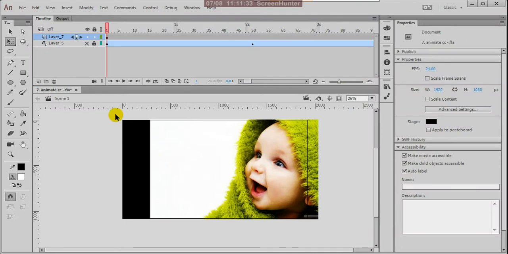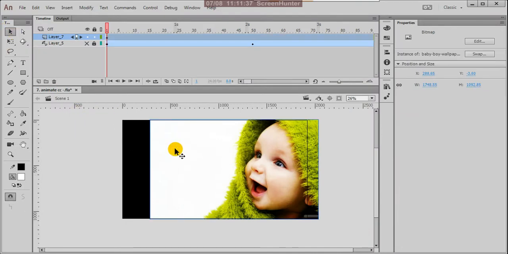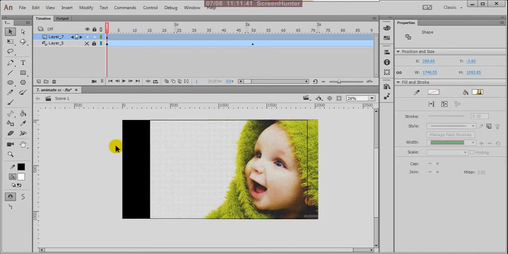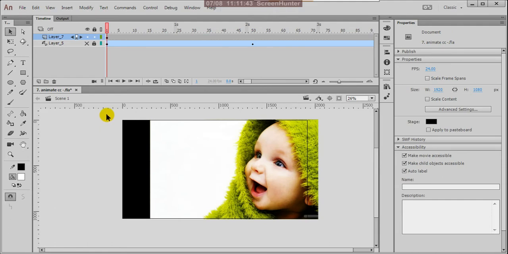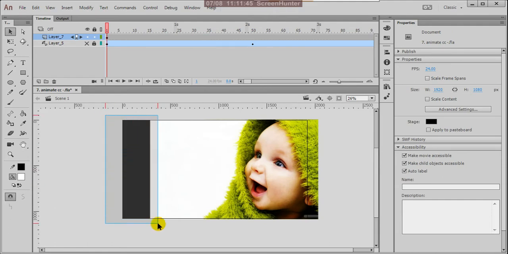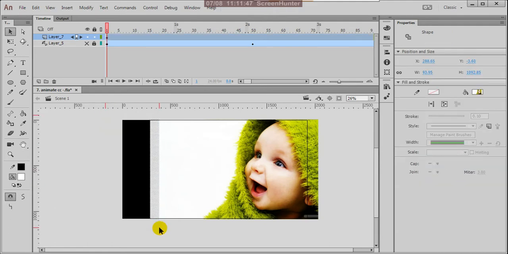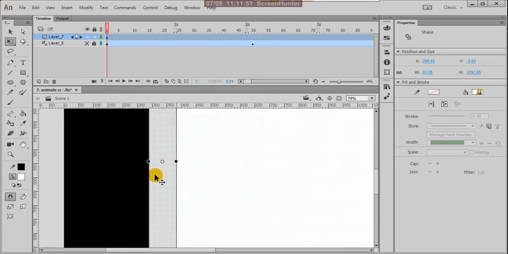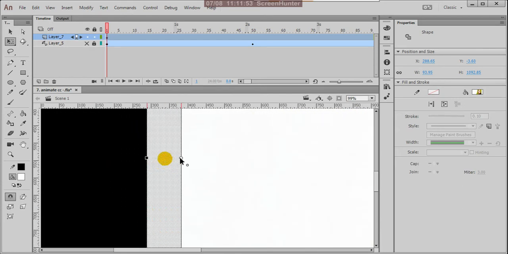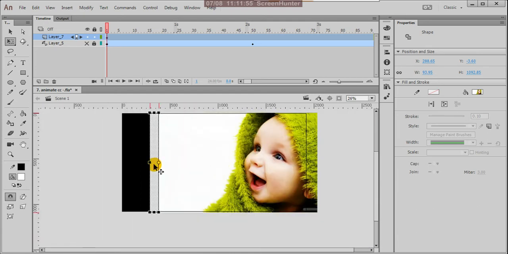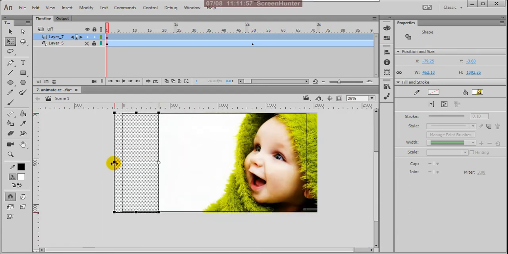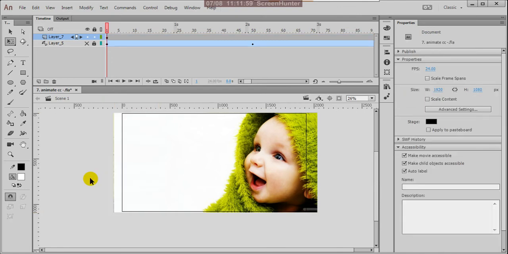So now what I'll do here, control B, and now select this one and press Q. So you can move this point here and you can increase this space.